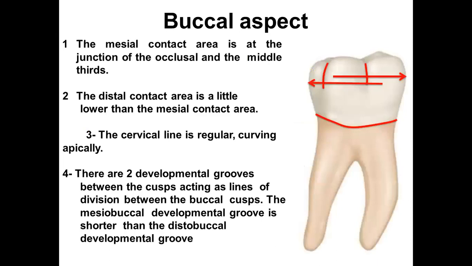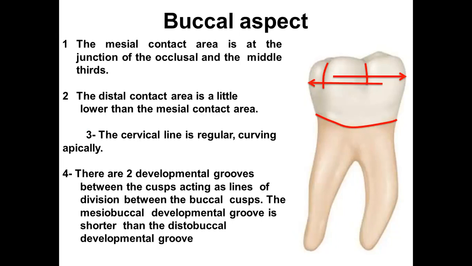Now coming on to the buccal aspect of mandibular first molar. When we see it from the buccal aspect, we can appreciate three cusps: the mesiobuccal cusp, distobuccal cusp, and the distal cusp. From the buccal view, we can appreciate two grooves, one which separates the mesiobuccal from distobuccal, that is the mesiobuccal developmental groove. Another is the distobuccal developmental groove, which separates distobuccal cusp from distal cusp. Also, the width that is taken up by the mesiobuccal and distobuccal cusp of the buccal side is about 80%. That is, only a small amount of distal cusp is visible from the buccal view.